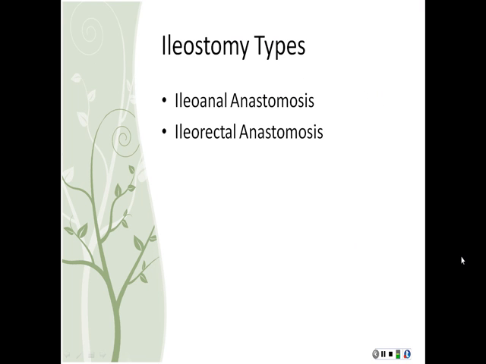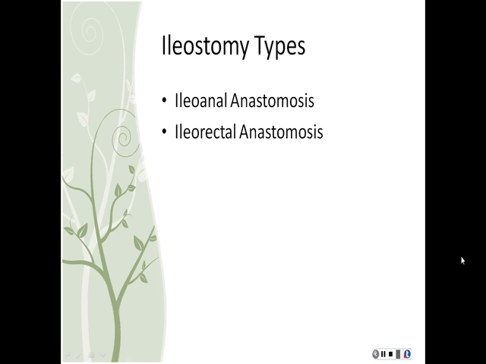Usually this procedure is done in 2 steps. First, the connection or anastomosis is done when the diseased bowel is removed and a reservoir is created and connected to the anus, and at the same time a temporary ileostomy is created to allow the reservoir to heal. And then after the reservoir is healed, the ileostomy is reversed, and then the patient can have bowel movements through